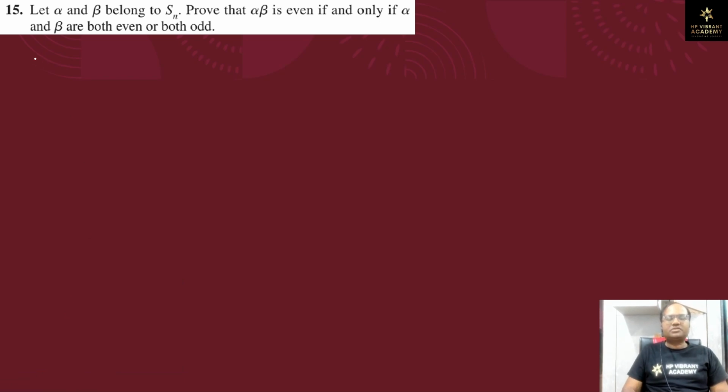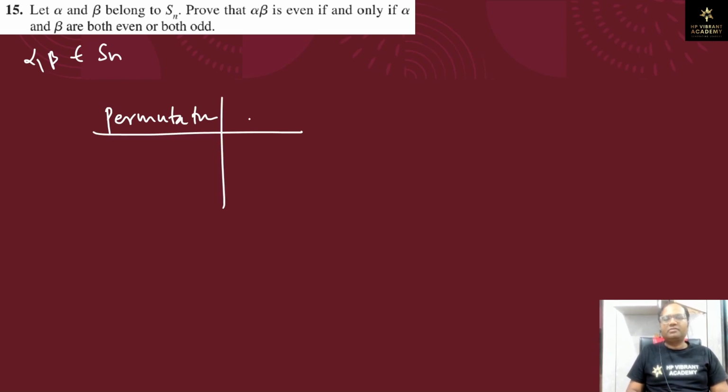So what is given in question number 15? We have alpha and beta belonging to Sn. Prove that alpha beta is even if and only if alpha and beta are both even or both odd. Okay, so let us recall our discussion on even and odd permutations. A permutation is said to be even if the number of transpositions